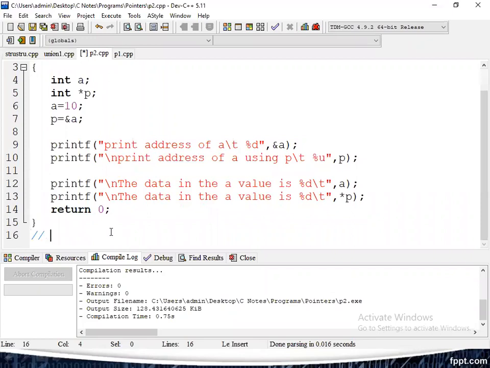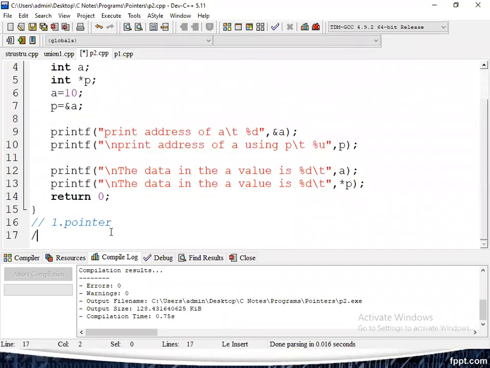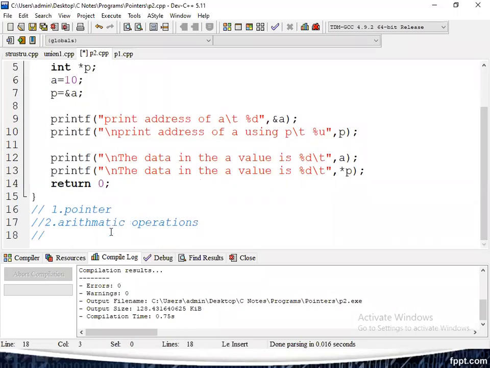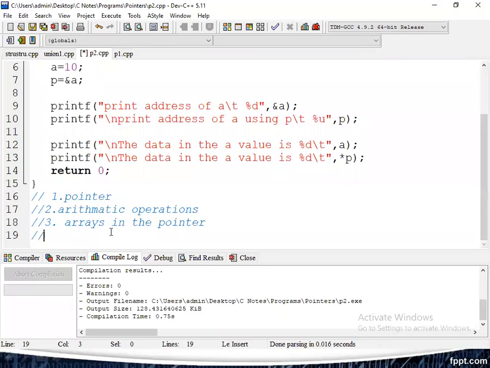In the following classes, what are the topics? First, pointers, which is completed.